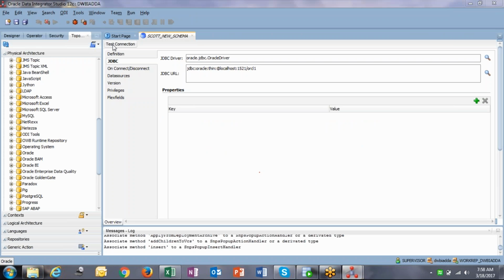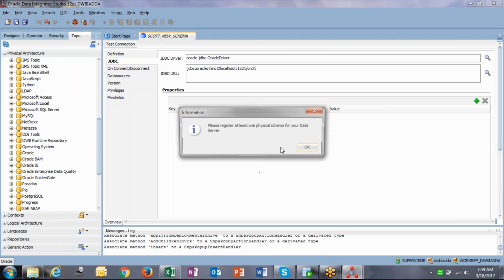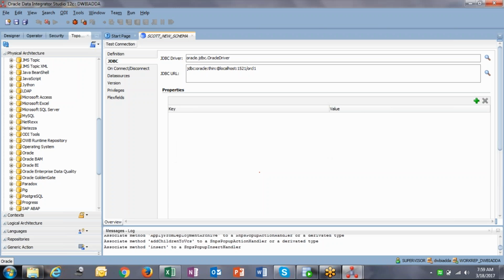Okay, when you are ready with this, click on test connection. When you click on it, it asks you to register at least one physical schema for your data server. We discussed yesterday the physical architecture, the context, and the logical architecture. The context is acting as a mediator between physical and logical. It is asking you to create one physical schema for your data server. So when you click on OK,